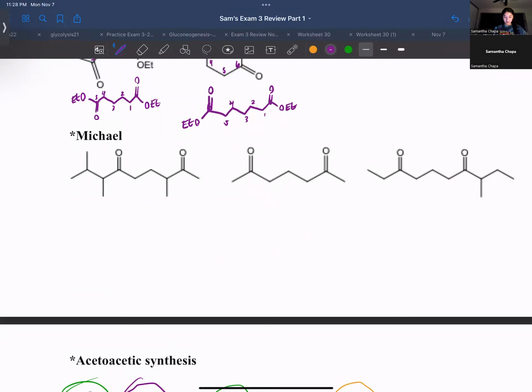For this one, I got confused, but it's easier once you figure out how to orient everything. So I need an alpha beta unsaturated. Here are the 2 possible reactions that I would have done. This one looks very confusing, right? But I just used as many carbons as I could to confuse you. So this is an alpha beta unsaturated. My unsaturated I put right there, meaning that my other